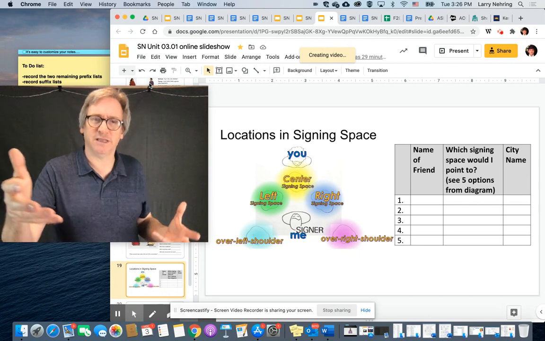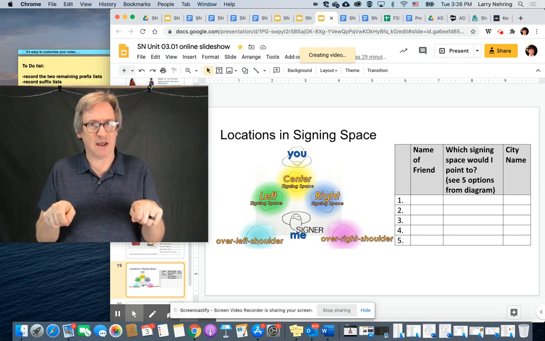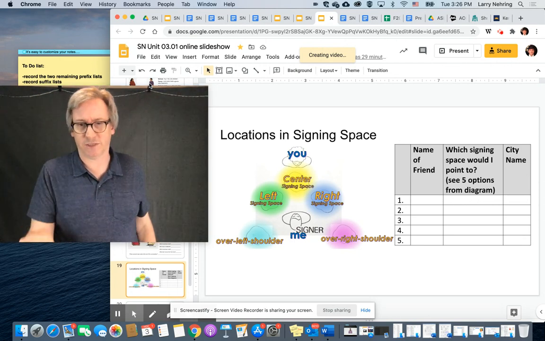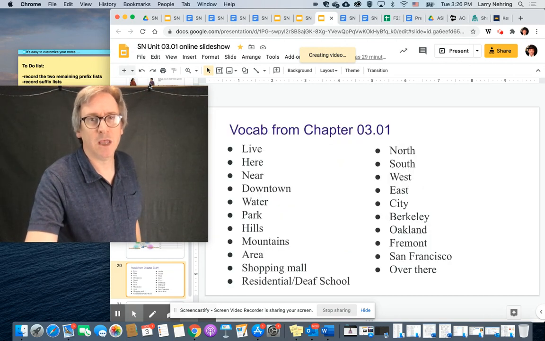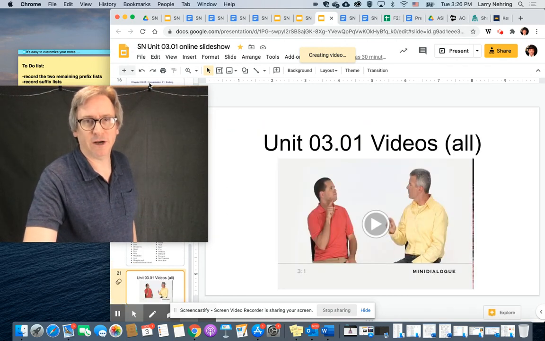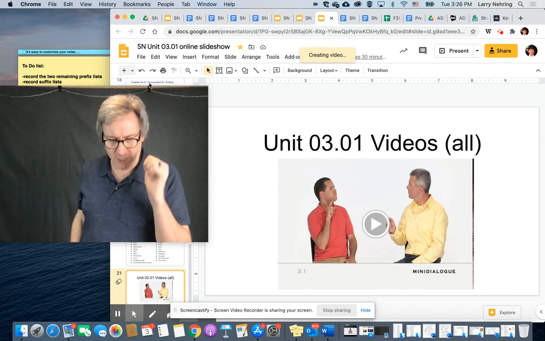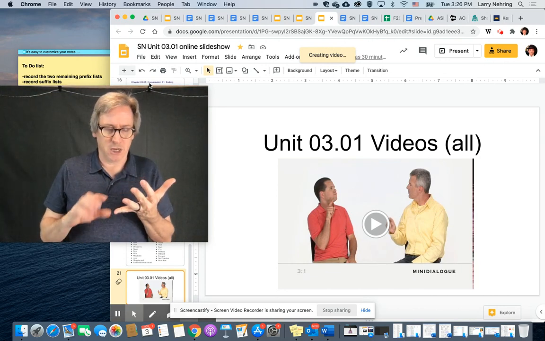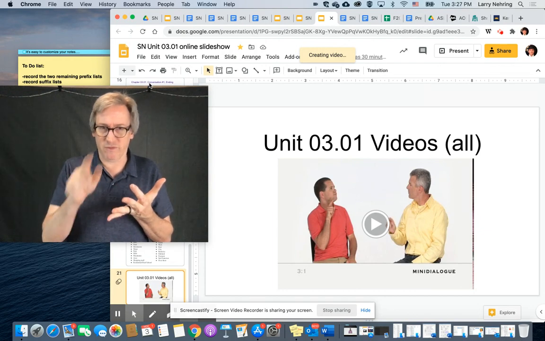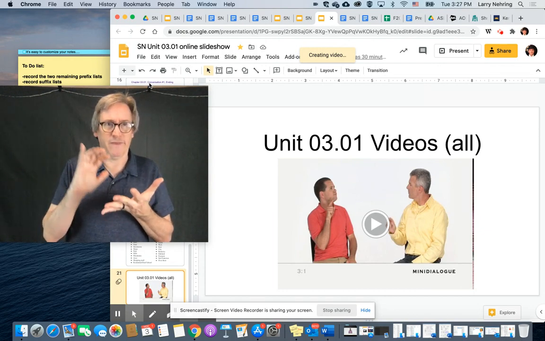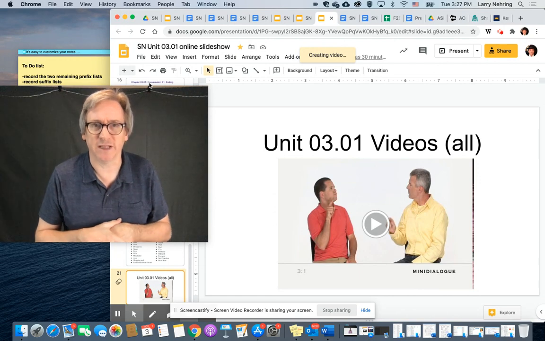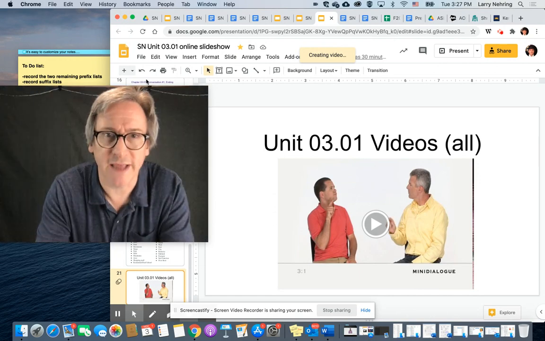So this helps for some students to be able to write that stuff down in like a grid. You can also just write the information down. Once again, all the vocab is right there. And then I included all of the videos from there. I'll make sure to put in the chapter from the book. These videos will be on Blackboard, and then any other forms I've got, worksheets and stuff like that. Cool. That is